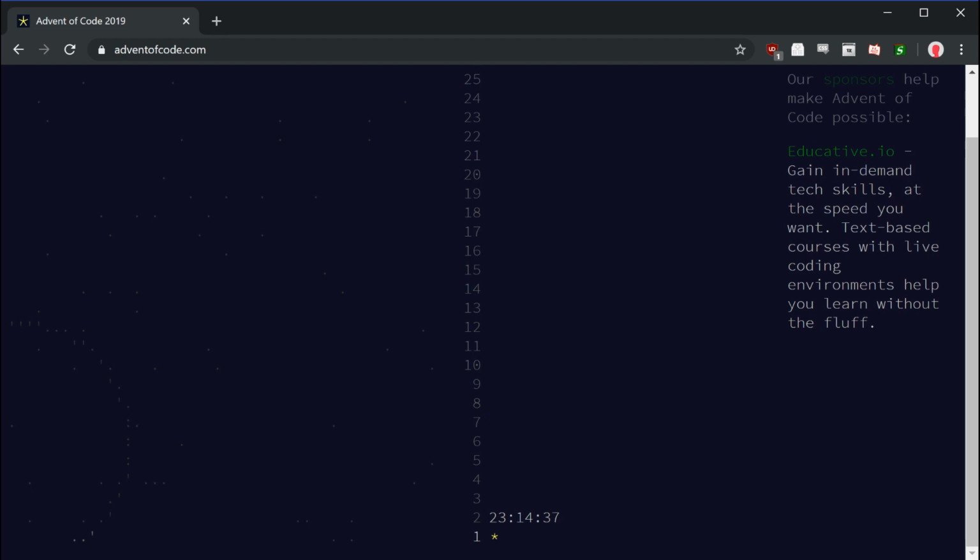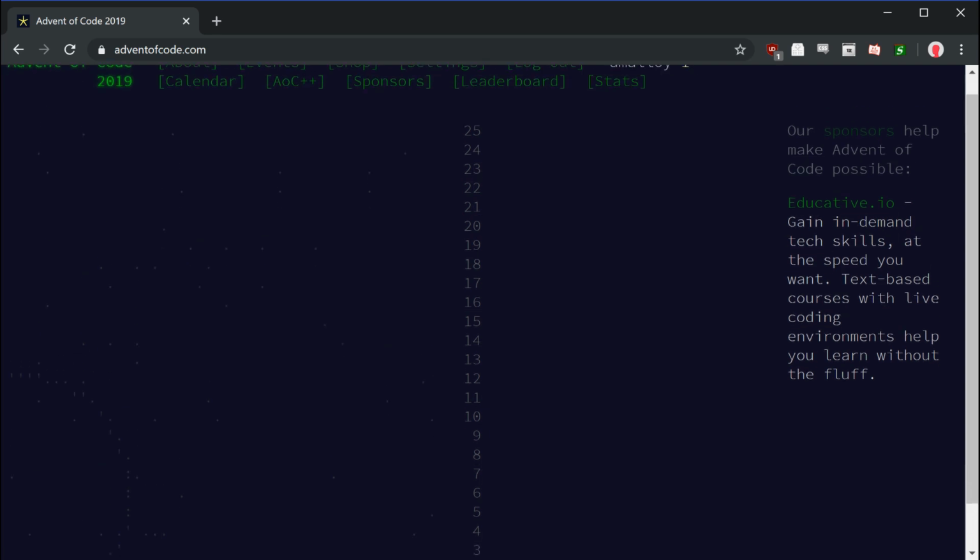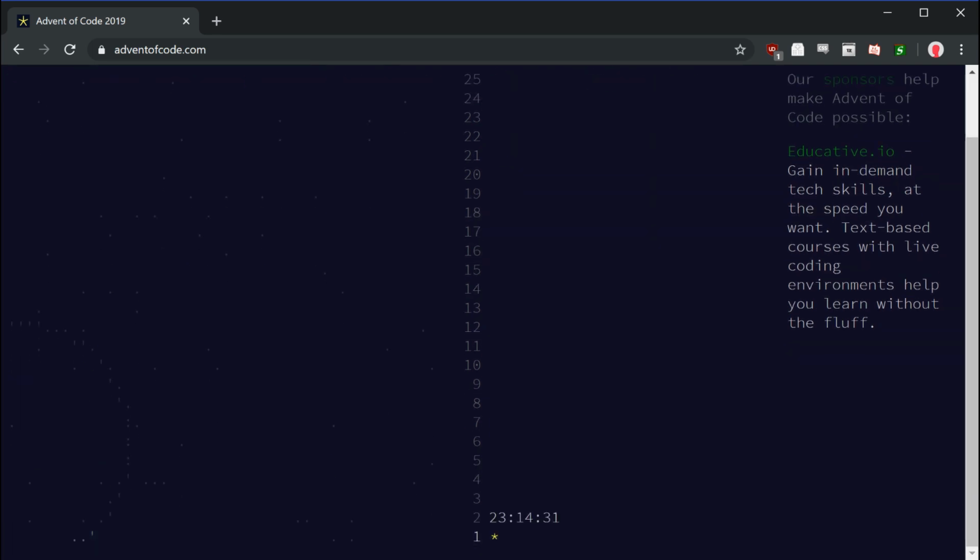I'll give you the puzzle, but as you can see from this timer here, I really don't try at all to compete for speed, as some people do. I was excited to start, so I started a little after 9, which is when this comes out for me, but not right at 9, trying to get on the leaderboard. I don't play for speed. I try to write code well and explain what I'm doing. So anyway, let's look at puzzle 1.